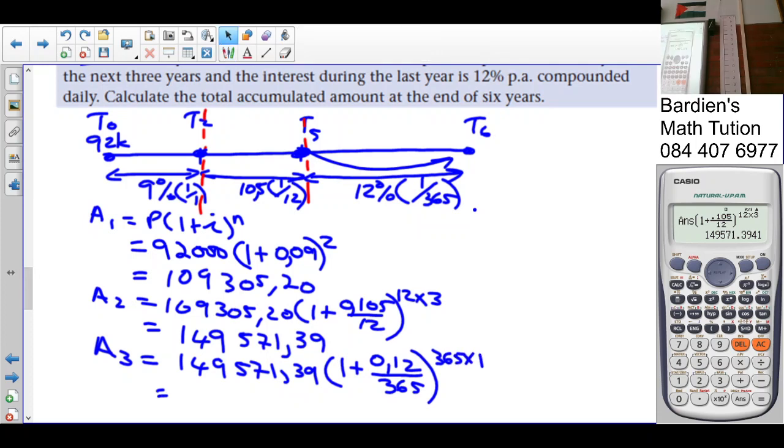So answer into 1 plus 0.12 over 365 to the exponent 365 times 1 gives you